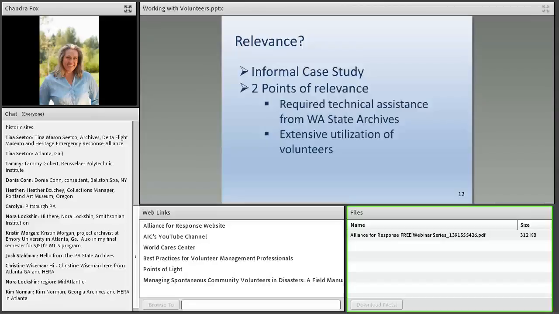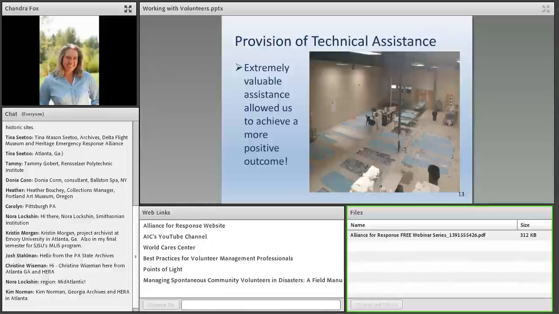This response was a little bit different than what I think you guys normally do, given that we were working with personal belongings of individuals as opposed to museum collections or cultural sites, but it's still something I think that you all will be able to relate to very easily. So the provision of technical assistance that we received was really just immensely valuable,